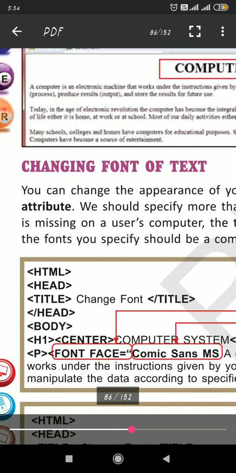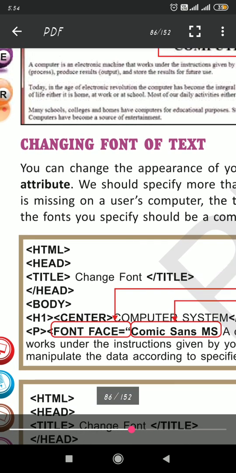Changing the font of text: how will you change the font of the text, like different styles, looks, meaning appearance, like Times New Roman, we will write it. Again Calibri is there, Comic Sans is there.